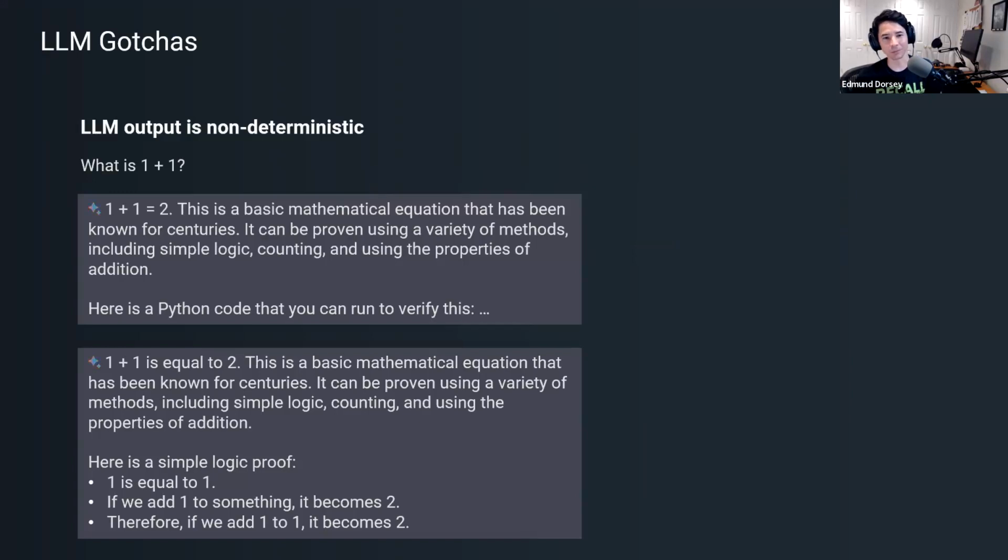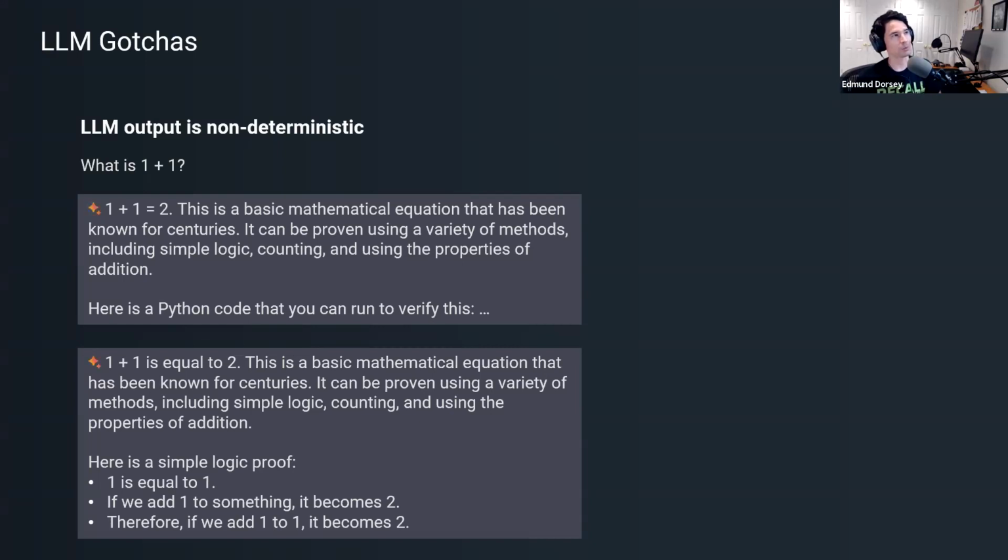And it brings us to gotcha number 2. LLMs are not deterministic. I think this is something particularly for security analysts who are used to sharing queries with each other, right? You share a query with your colleague and you're expecting them to run it and then get the same thing and be looking at the same thing you looked at. When you ask an LLM a question, when you give it a prompt, it pretty much always returns a different answer. And in fact, in my experience, if you keep asking it the same thing, it tends to think that it's doing something wrong and it starts changing its answer.